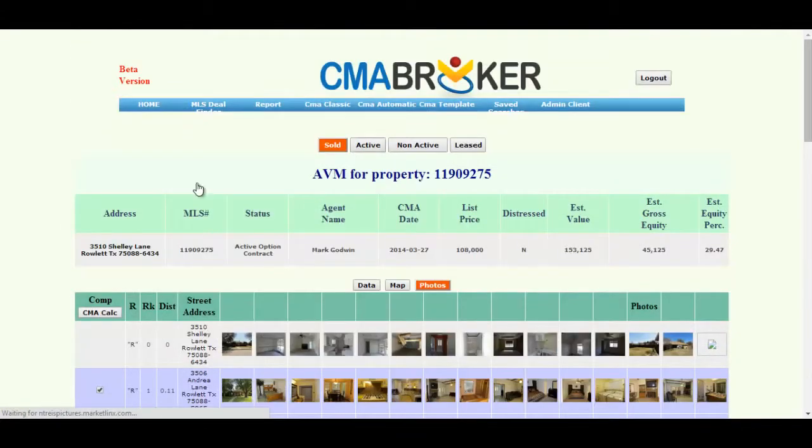There's also a couple of different options that you can use if you're actually doing a CMA on a couple of properties. But I'll go ahead and save that